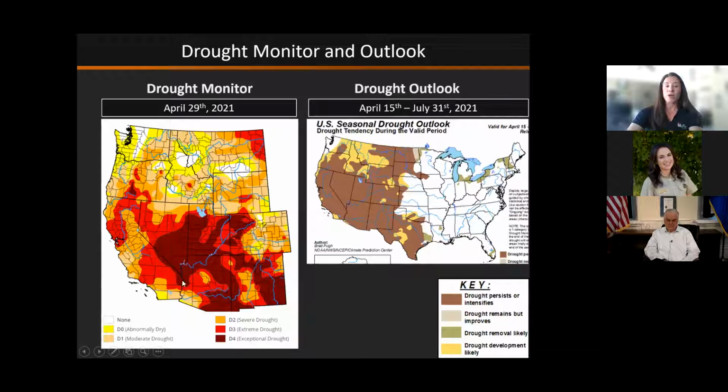This is how our drought conditions, which obviously take into account all of the recent precipitation. We are currently in a state of exceptional drought, which is the worst, most severe drought classification, over southern and eastern Nevada, which is this darker maroon color. The red indicates extreme drought. So again, much of Nevada is still in extreme drought, and then a little bit better conditions towards the Idaho and Oregon borders of moderate drought, but still we are seeing drought concerns statewide,